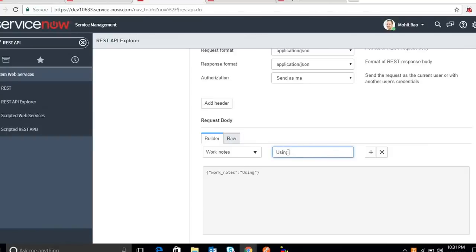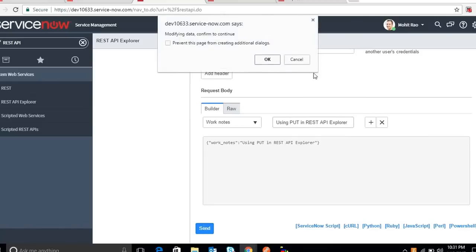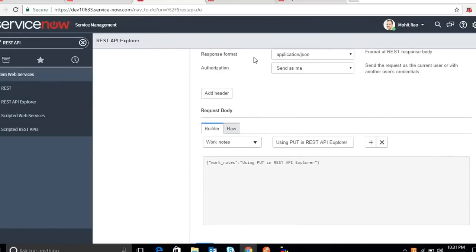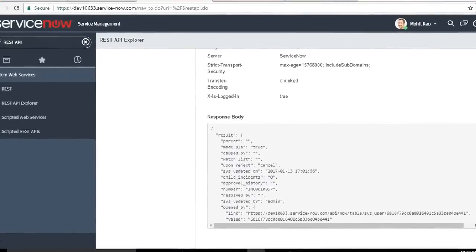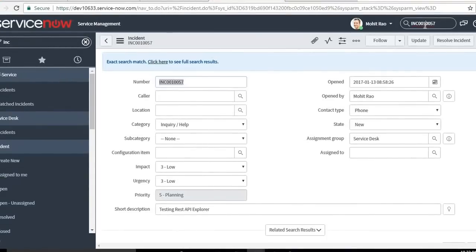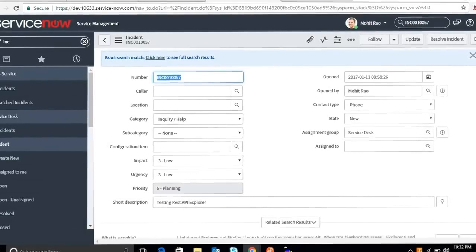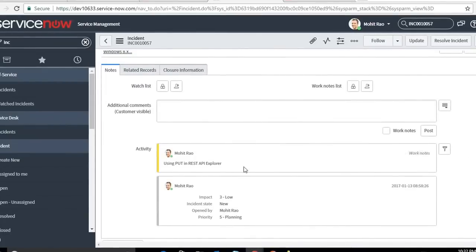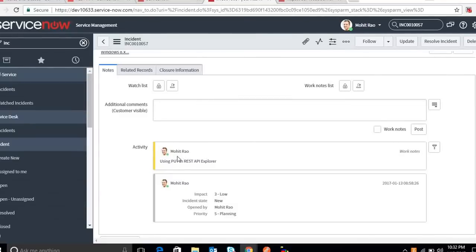So using PUT in REST API Explorer, sent, again the same question, 200. Let's go back and refresh this. See, a new work note has been updated.